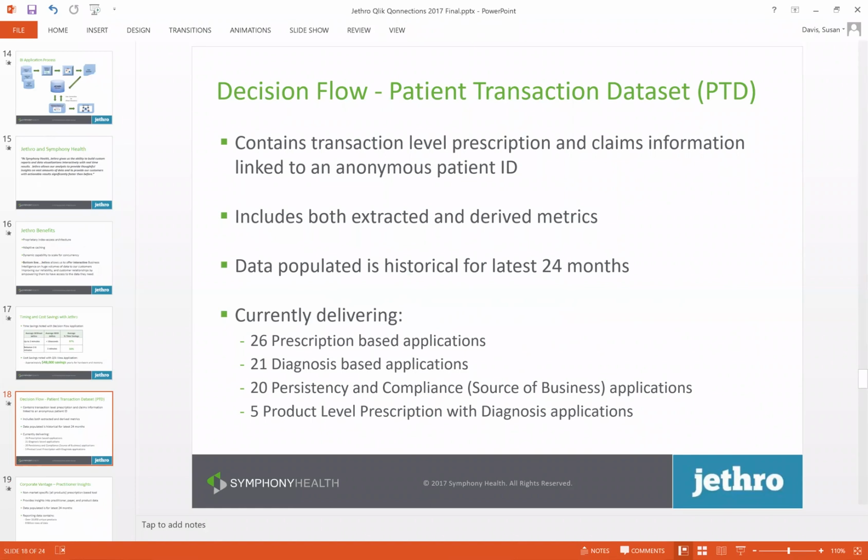So moving on, we have a couple of applications that we have deployed with Jethro and Qlik. One of our big ones is our decision flow app. It's really based on patient transactions. It's patient transaction level data for prescriptions and claims. We have extracted data as well as derived metrics. We provide the data for the latest 24 months for each deliverable. And currently we're delivering 26 individual applications